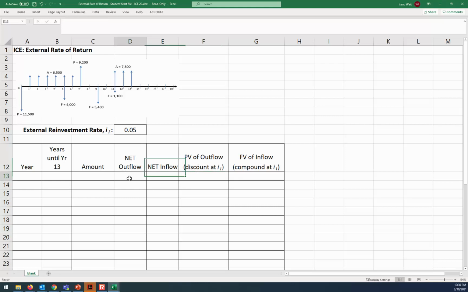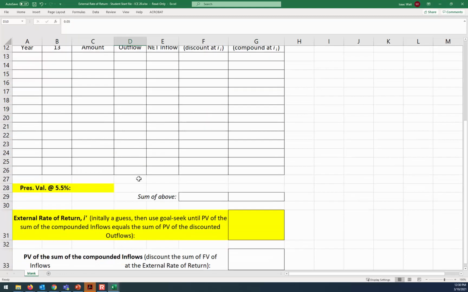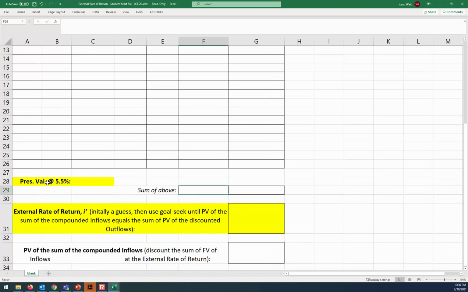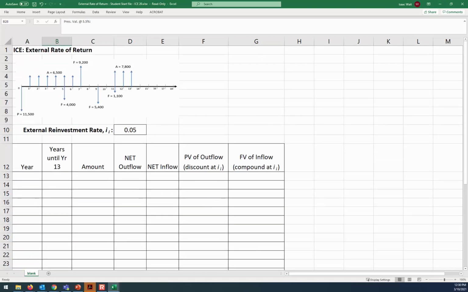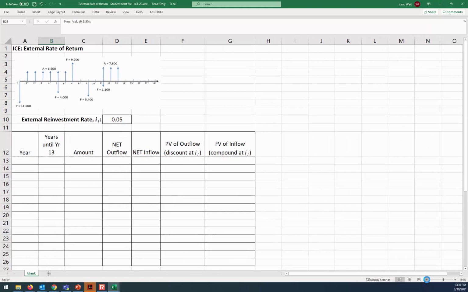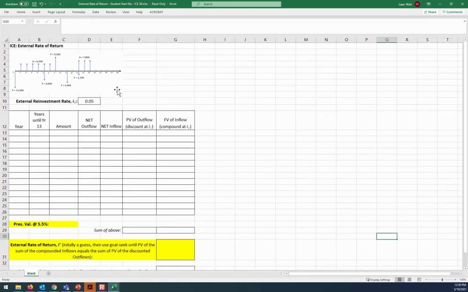You'll have this outflow column and you find the PV where you're discounting at the external reinvestment rate. And then you calculate the future worth of the inflows at the external reinvestment rate. And then down here at the bottom, 5.5%. Okay. Let's do 5.5%. All right. So let me pause for a second, give you a chance to start filling in the table.